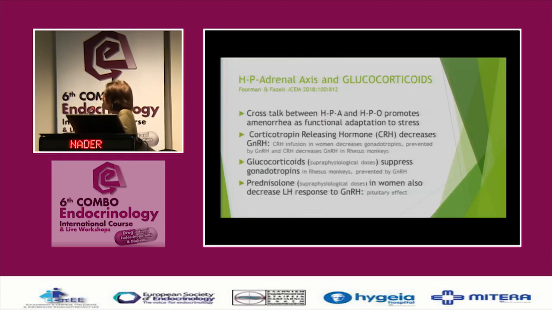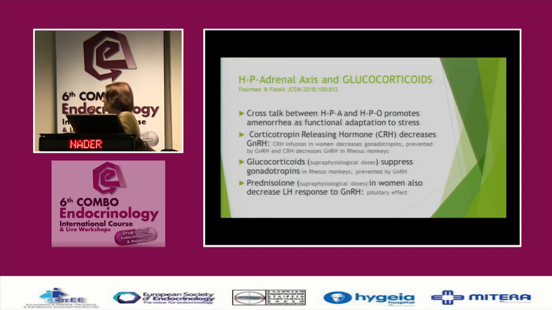As I've mentioned, the adrenal axis plays a big role in GnRH, and there's a crosstalk between the hypothalamic pituitary adrenal axis and the ovarian axis, and this crosstalk promotes amenorrhea as a functional adaptation to stress. For example, corticotropin-releasing hormone decreases GnRH. This has been shown in women. Infused CRH decreases gonadotropins, and this can be prevented by GnRH.